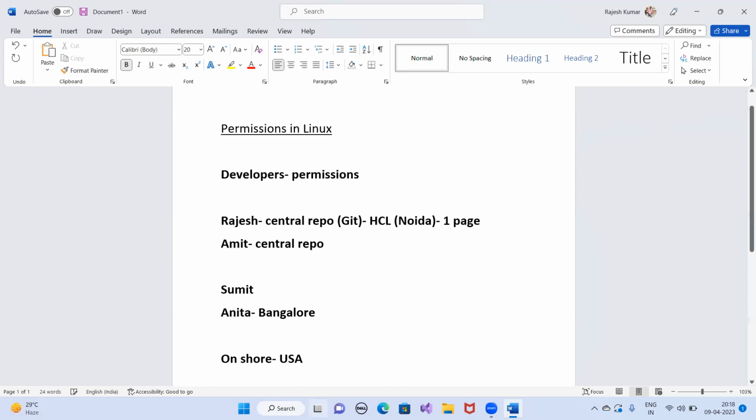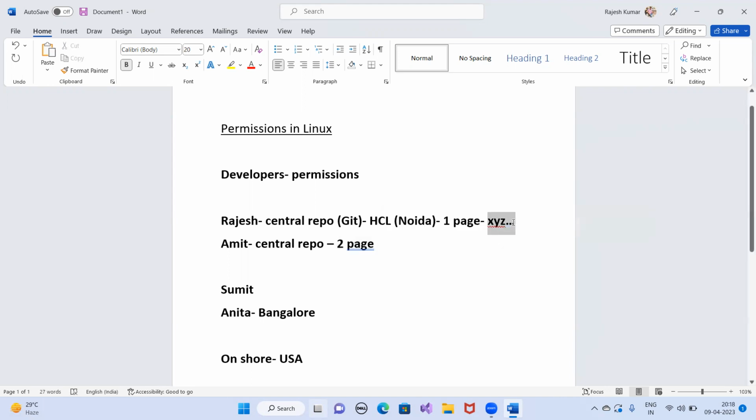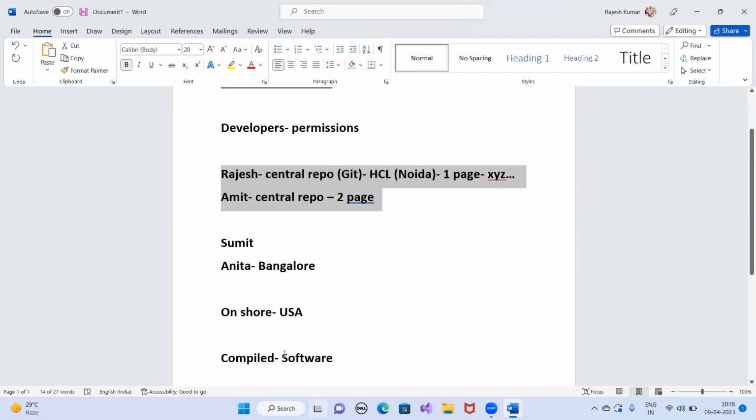Amit is going to write the second page of code. Suppose Rajesh has written the code up to XYZ. Now Amit will come and start working from the next point. Similarly, once Amit and Rajesh have both completed their code, the onshore team is going to write the code from there.